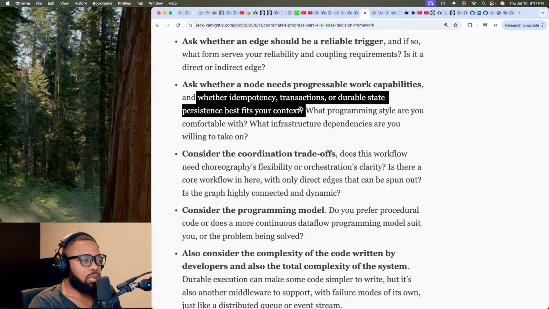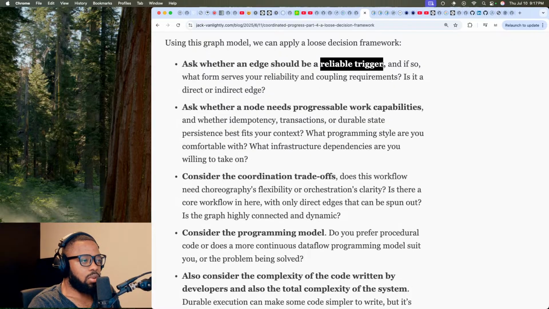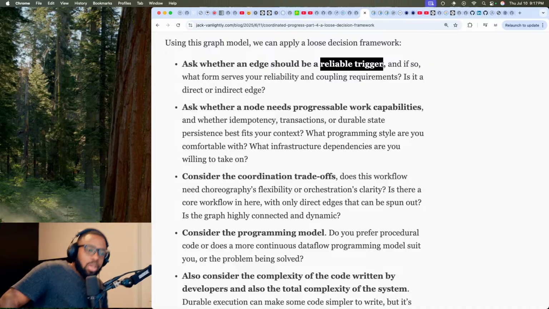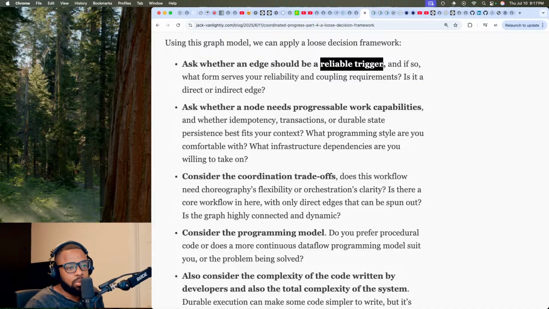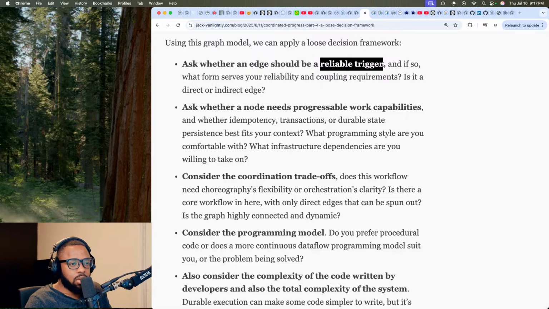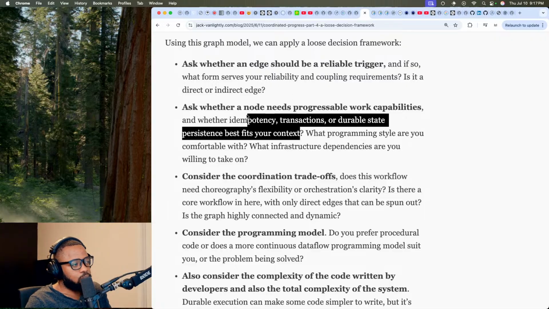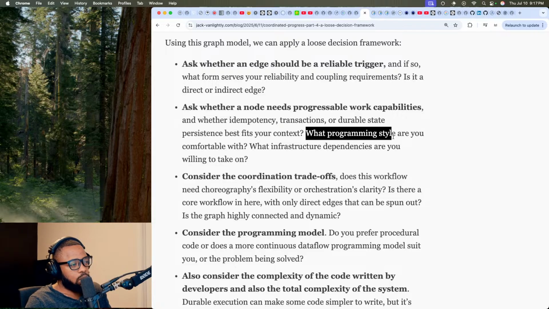Depending on the kind of edge, the kind of reliable trigger that you already have pushing the data to the node, you may just decide, if something happens while the node is running the computation, then so be it, and you don't need the overhead of making it resumable.